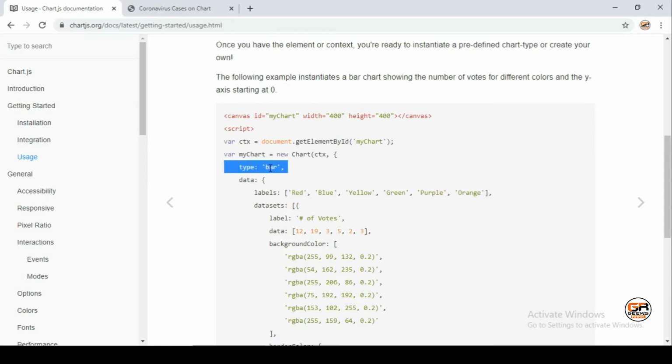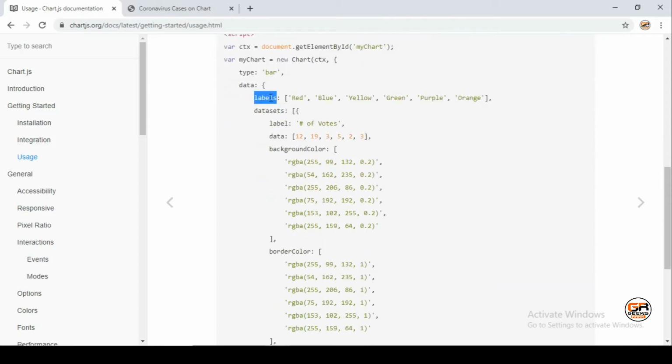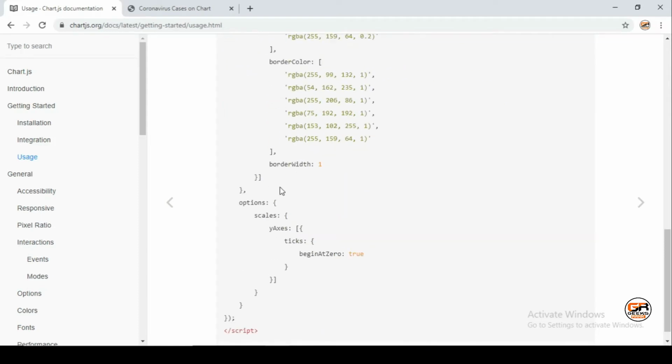It may be a bar chart, a line chart, a pie chart, anything. And second will be the data object, which will contain an array of the labels and the array of objects of the datasets. Let's create this format.